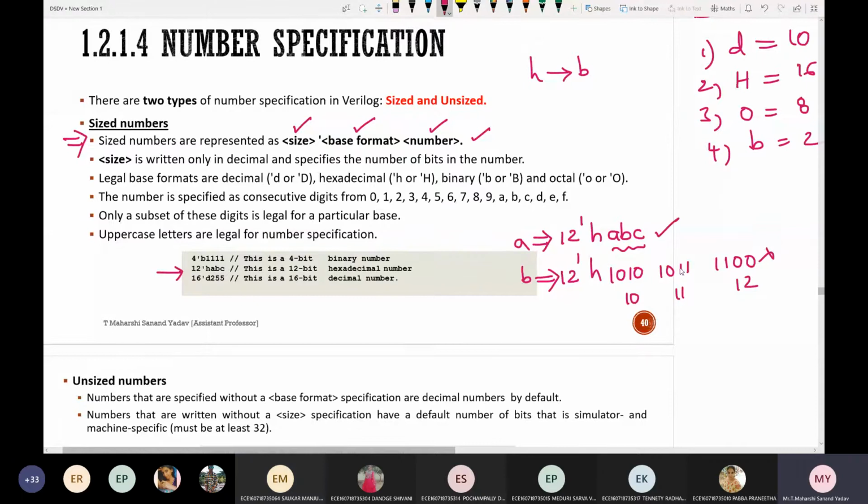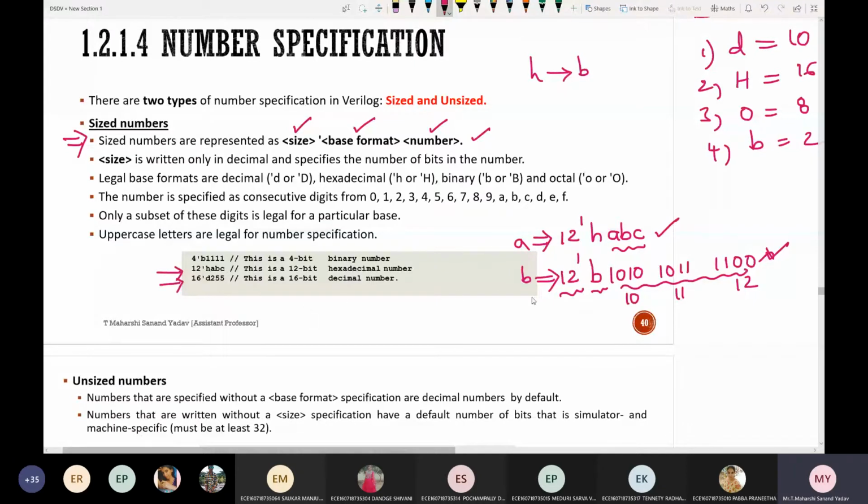Why is this one wrong? The base format is different. So instead of H, what should I take? B. So this will be correct now. 12 is the size and B is the format.